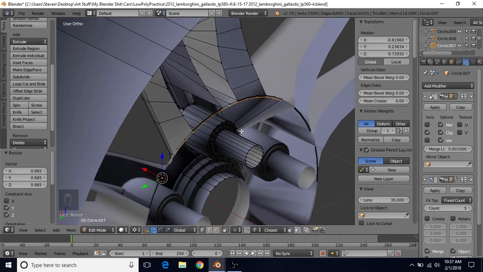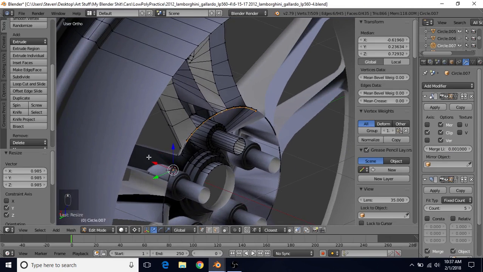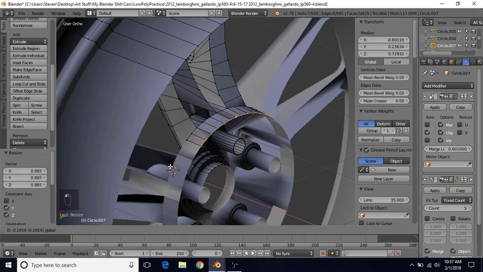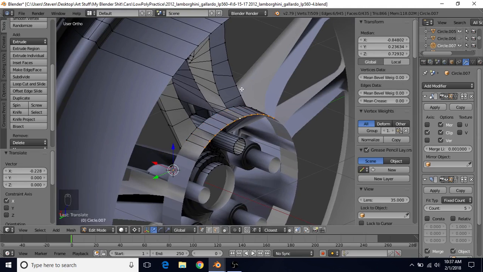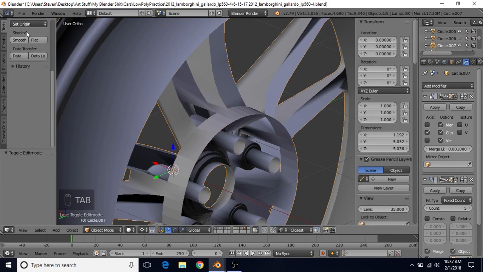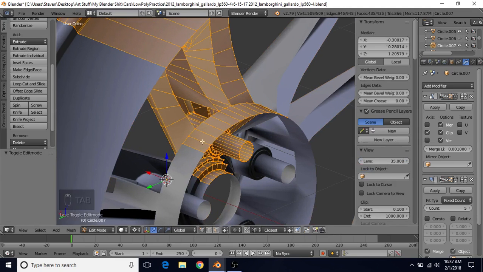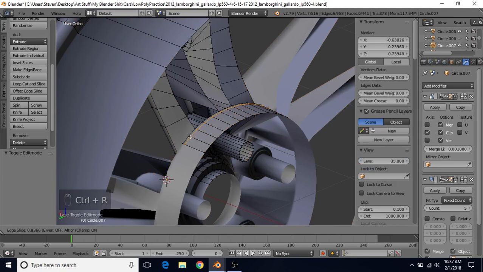and actually we needed to bring it out first, but that's okay. We can just bring it out on the x-axis a bit, and we can do A twice, Control N, recalculate the normals, Tab to object mode, turn on smooth shading again, Tab to go back to edit mode, Control R, left click and drag this up to help correct the shading,